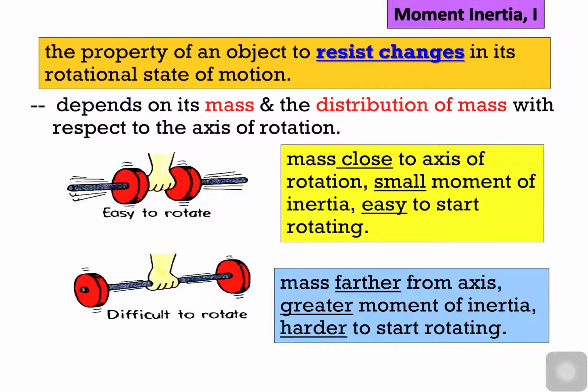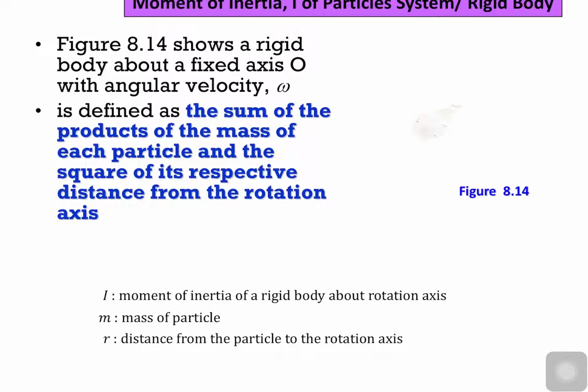So, case A, case B. For A, say you are lifting a weight and you want to rotate it. Mass close to the axis of rotation, small moment of inertia, easy to start rotating. This one is easier. The farther the mass is from the axis, the greater the moment of inertia, and the harder it is to start rotating. So we can conclude that